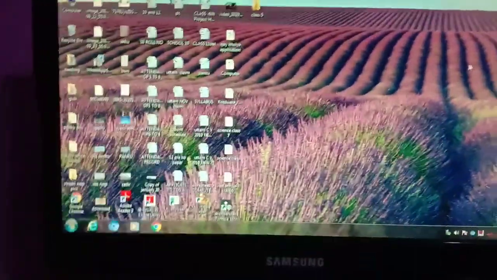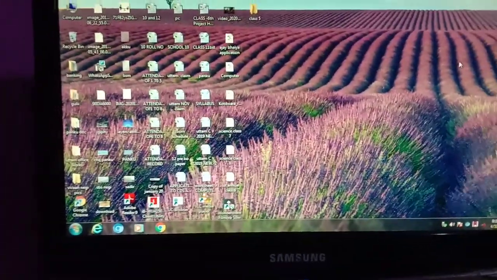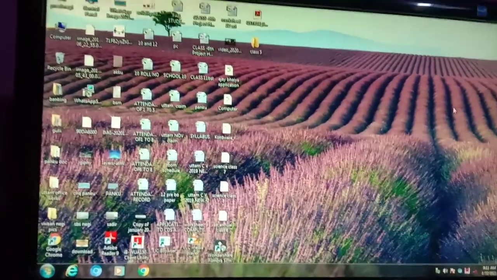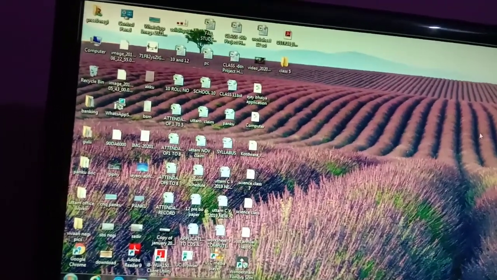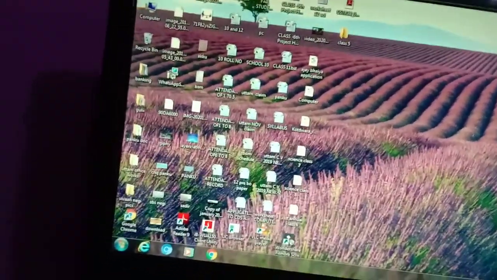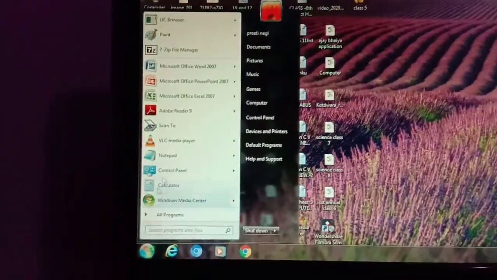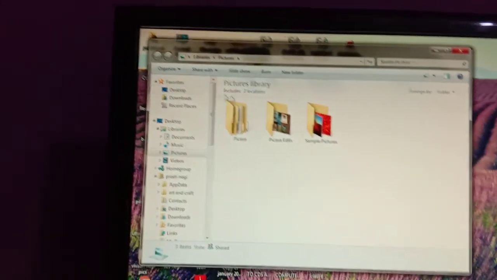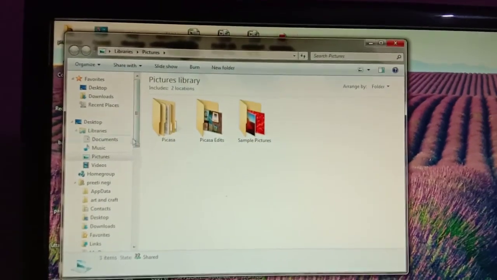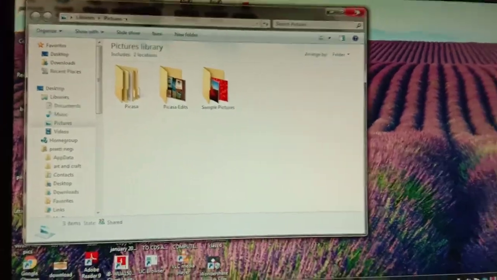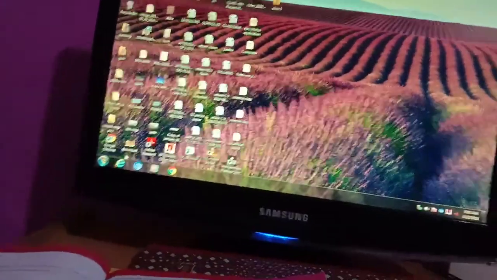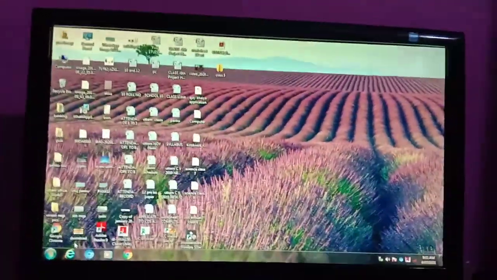Student, you learned about Windows Media Player in the previous video. You also learned about the searching option and how to explore pictures. For exploring pictures, we go to Start and click on Pictures, then the picture library will come in front of you. Is it clear? Now today I am going to explain how to copy a file using a pen drive.